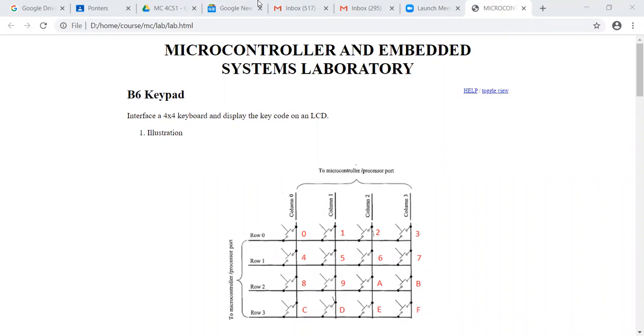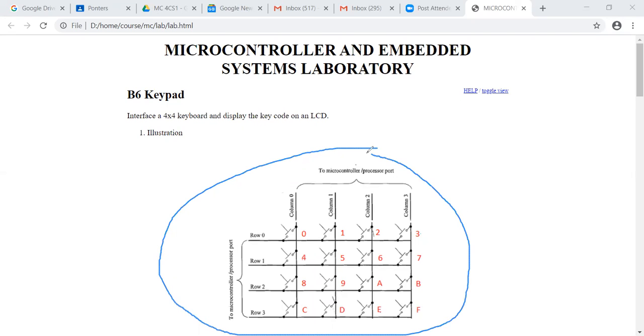So whatever the switch we saw, the 4x4 keypad switch, can be diagrammatically represented like this. The column 0, 1, 2, 3 and row 0, 1, 2, 3, and they are connected through a switch here.